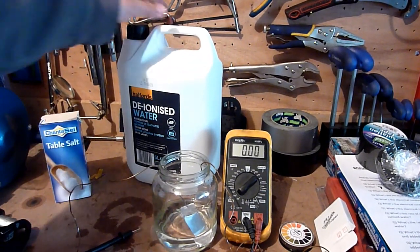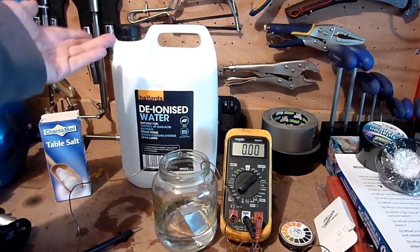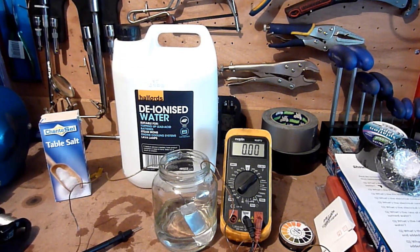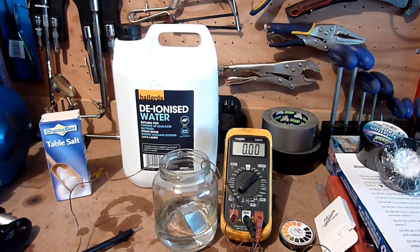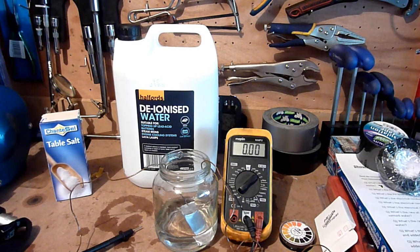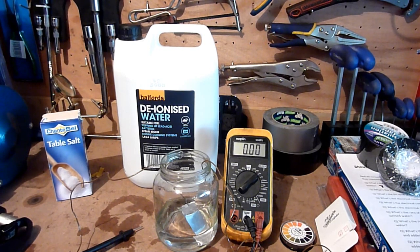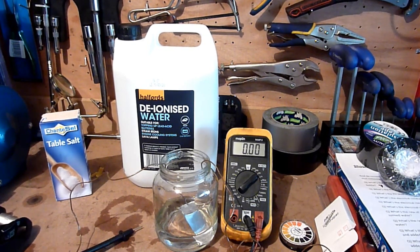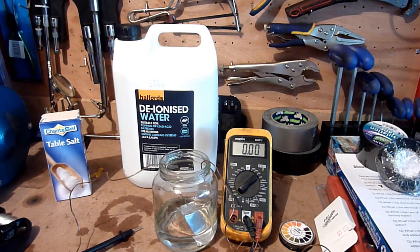And this is Halford's de-ionised water, probably about £5.99. In fact, I'm so confident I'm going to pour this straight back in there. I'm confident my experiment, I haven't contaminated the thing with anything. Alright, anyway, I hope this is like the go-to video for people who are unsure. So this is proof that de-ionised water is better than tap water for use in your car's radiator. And they say, oh, it leaks, it will scavenge